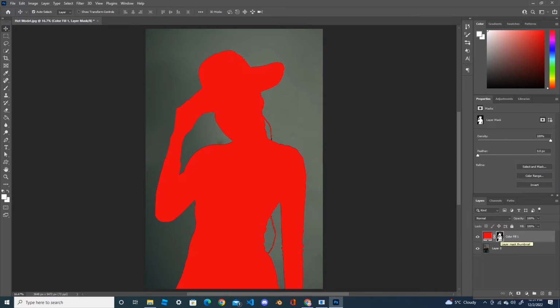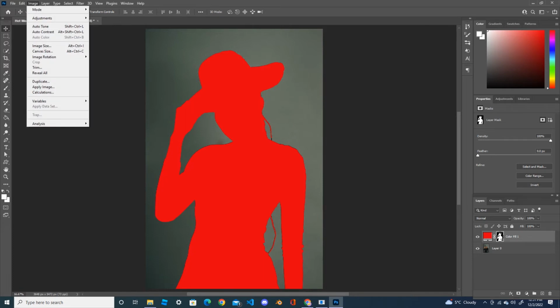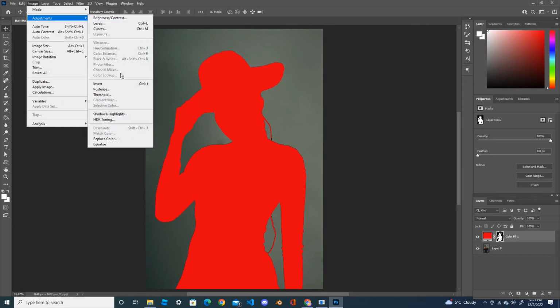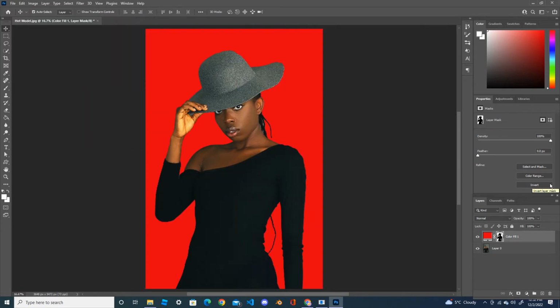the mask layer, you can see the invert option in the mask layer properties. Click Invert, or the shortcut key is Ctrl+I, or you go to Image, Adjustments and Invert. When you click on invert, you can see that the